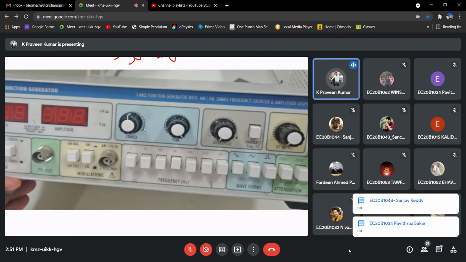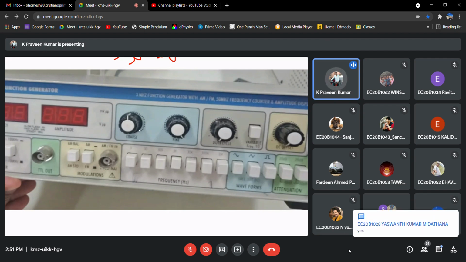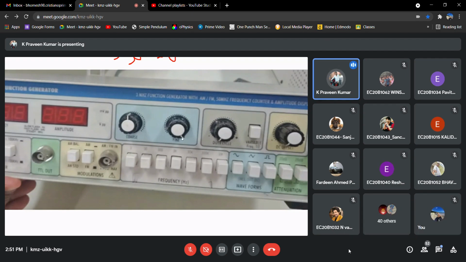I want exactly 1100, let us say. Then we'll vary the coarse knob to set the frequency somewhere around 1100. If you want to fine tune, to set exactly at 1100, then you can vary this fine knob so that you can fix the resolution clearly. That is its purpose.